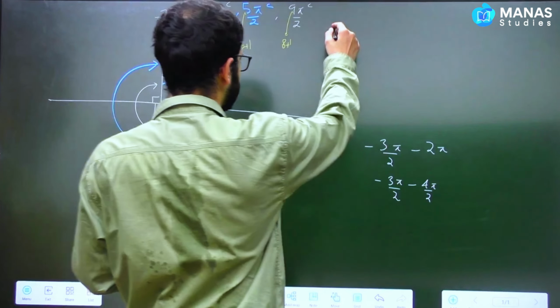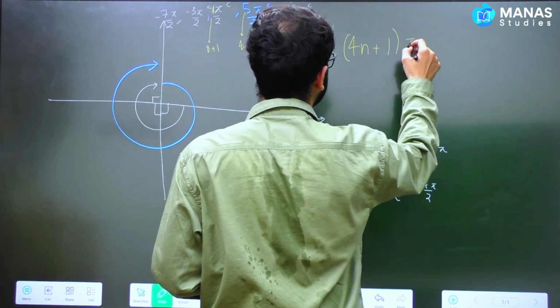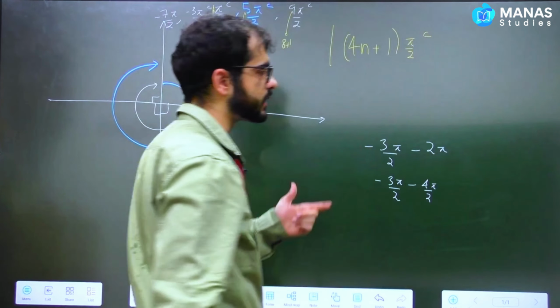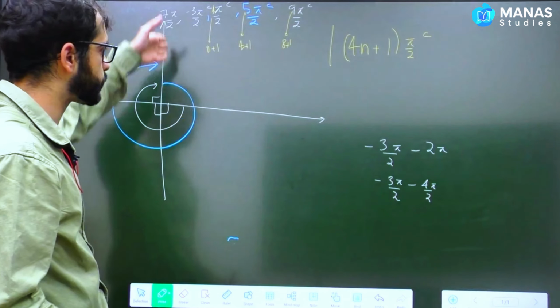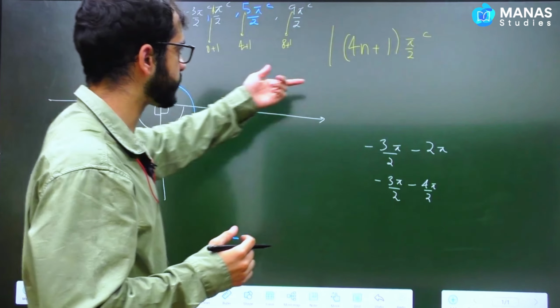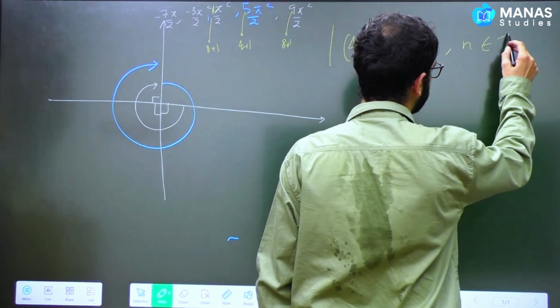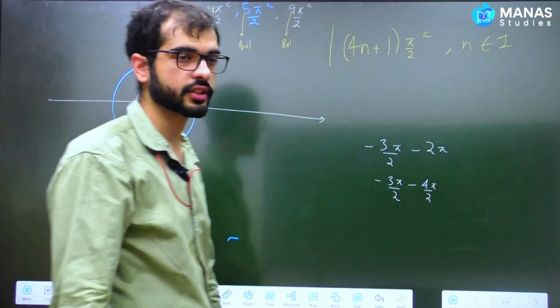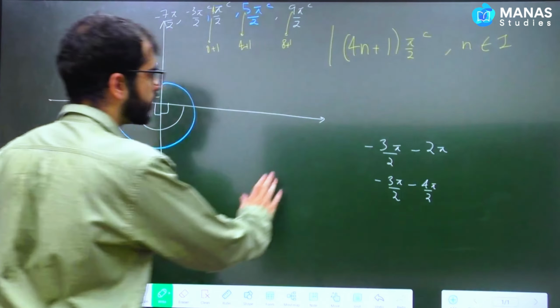So the observation is that a multiple of 4 plus 1 into pi by 2 radians is the general term referring to all the angles corresponding to positive y-axis. All the angles corresponding to y-axis can be written like 4n plus 1 multiplied with pi by 2 radians, where n belongs to the set of integers. If n belongs to the set of integers, then 4n plus 1 pi by 2 refers to